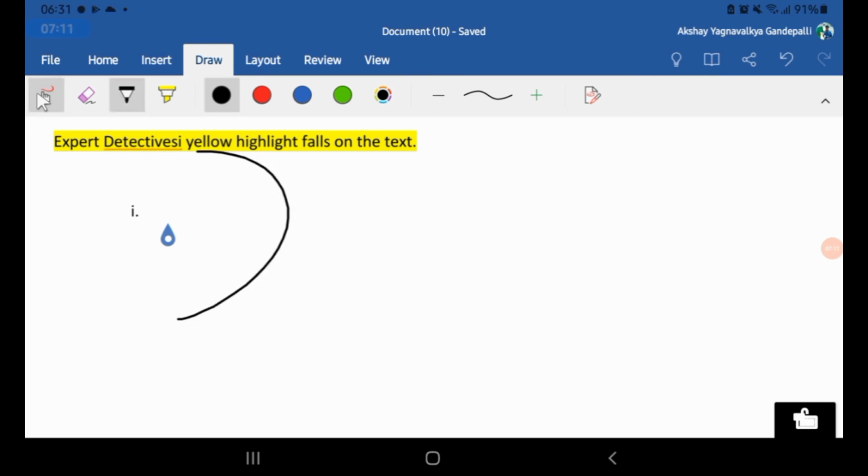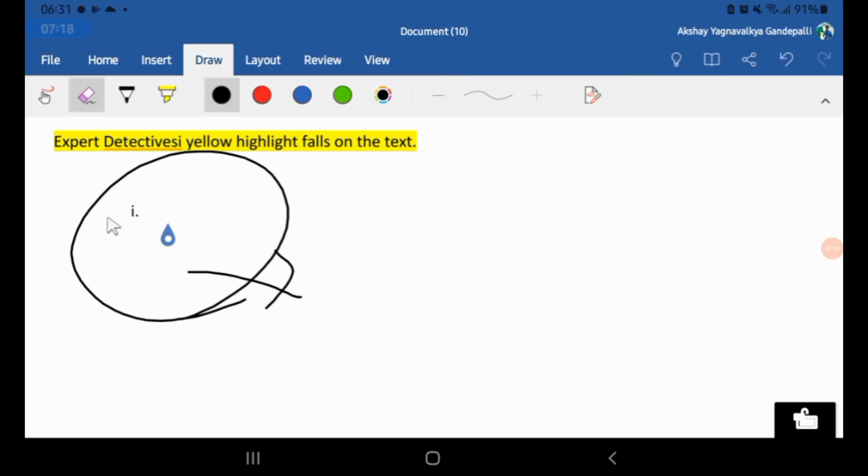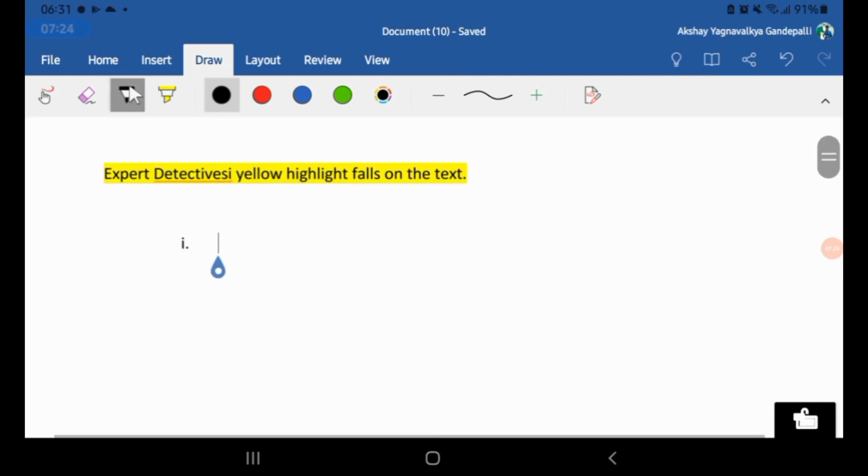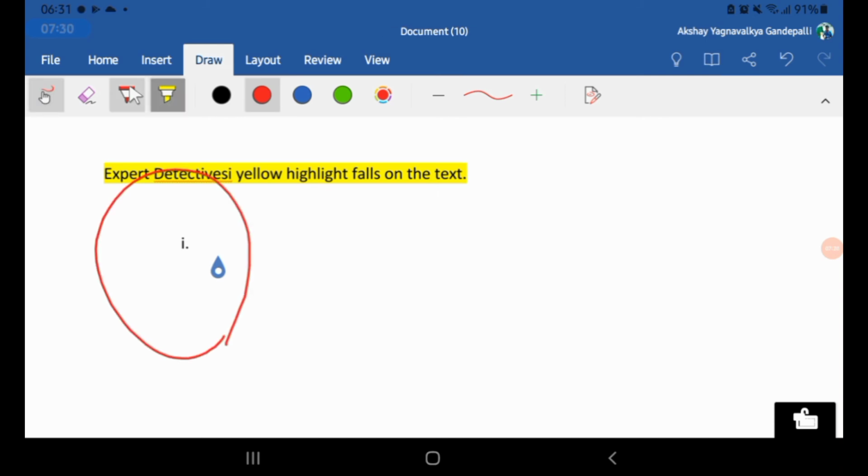The next one is the draw option. You have to click on that hand option and then choose the pen, and you can draw. This is the eraser, and this is the stroke eraser, so one stroke will be erased in one click. You can also change the color of the pen.